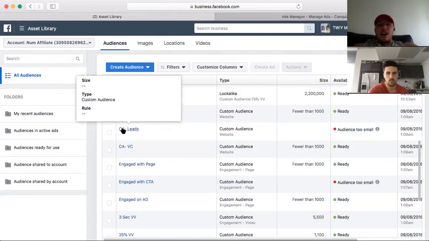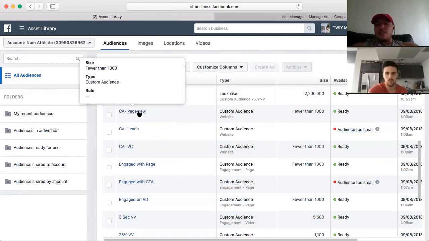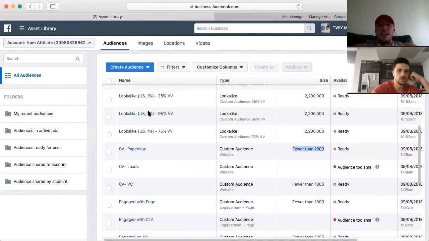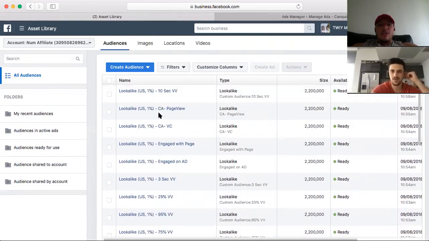I can create a custom audience based on people that did a page view, so they landed on my page, and I can retarget them. Like here, less than 1,000 people. I can retarget these people again. Or what I can do is create a custom audience of page view of 1% in